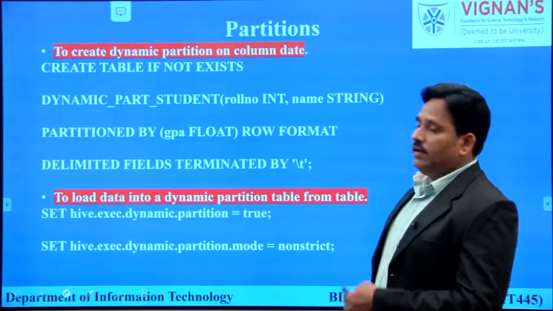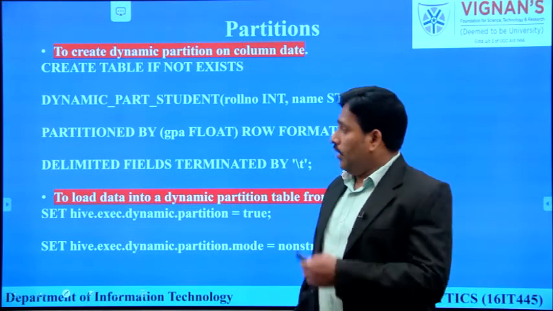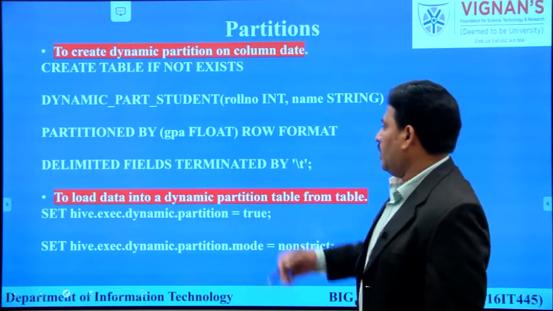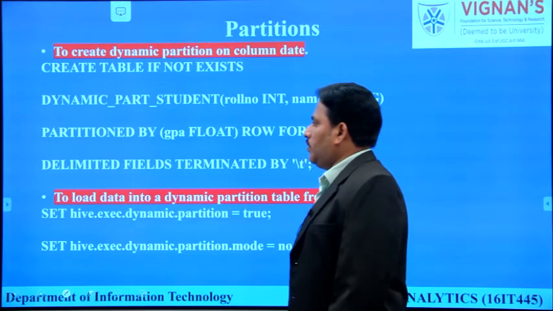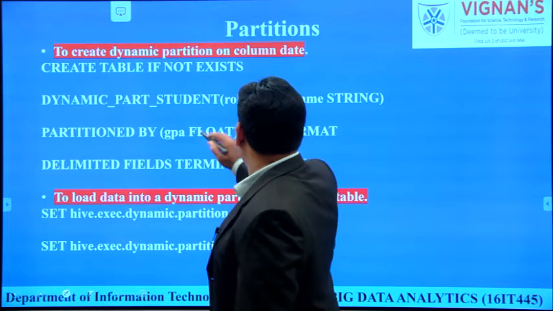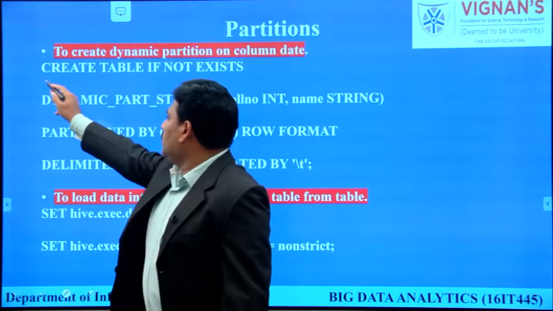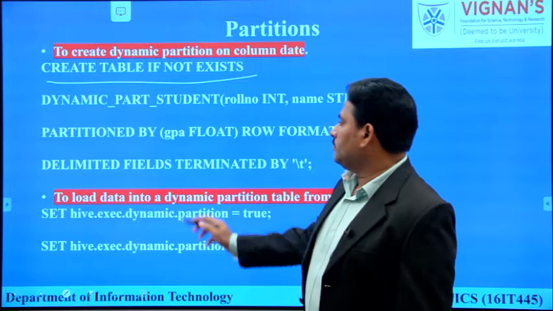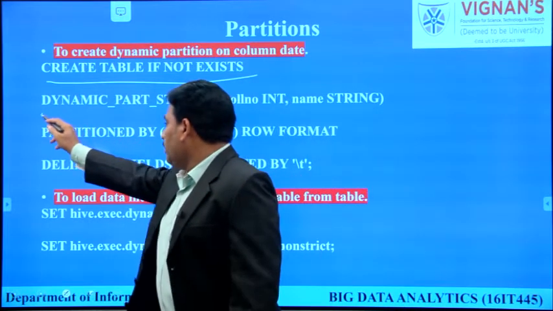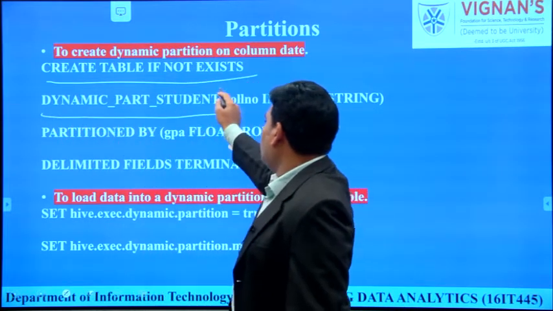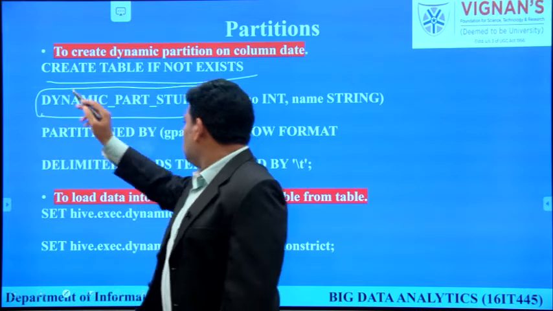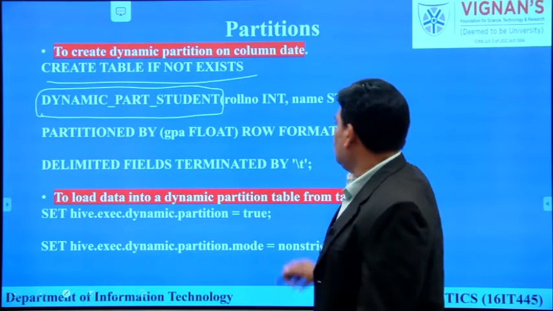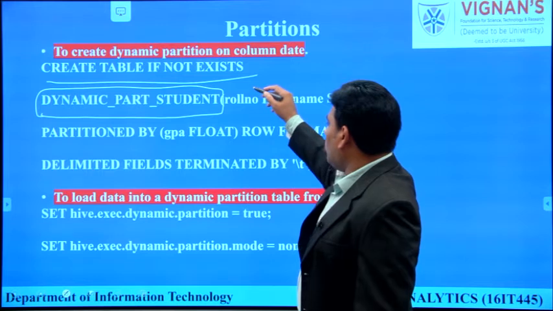Now to create a dynamic partitioning, what is the syntax here? To create a dynamic partitioning, here also we have one more representation. We have to use a keyword. Look here: create table if not exists. Here also we give one user defined name, dynamic_part_student. On which columns are we applying it?